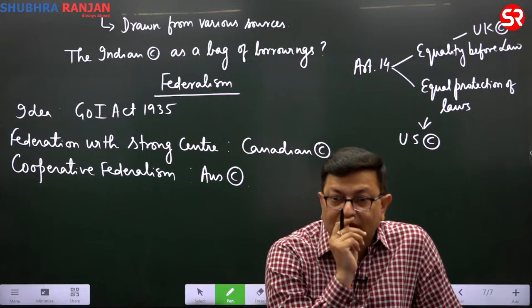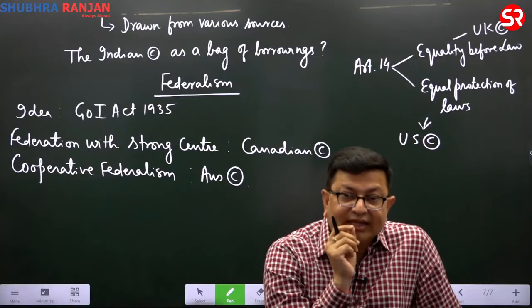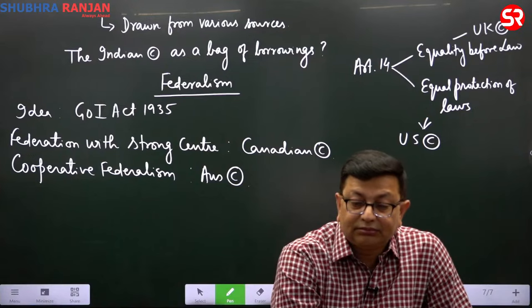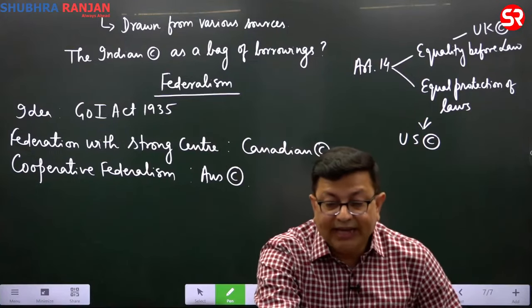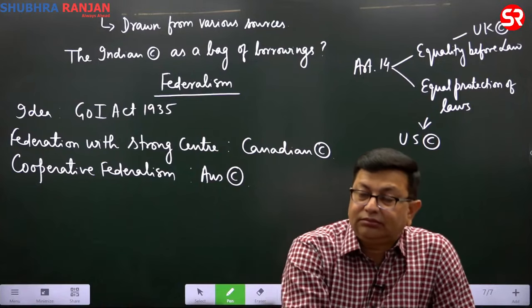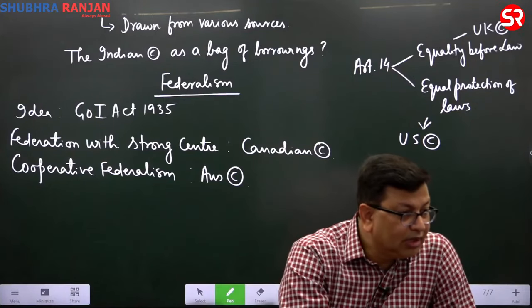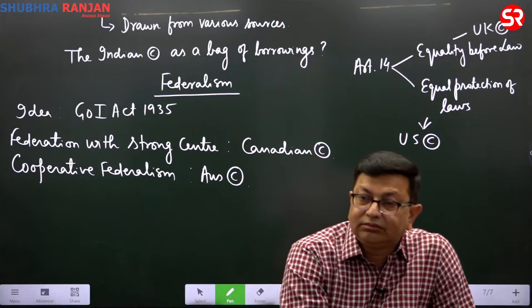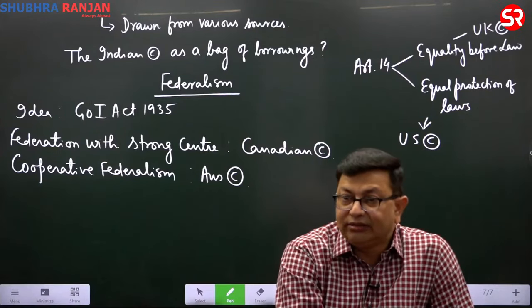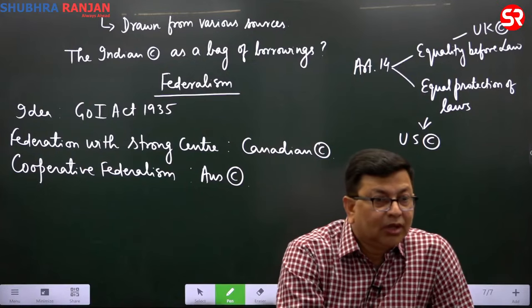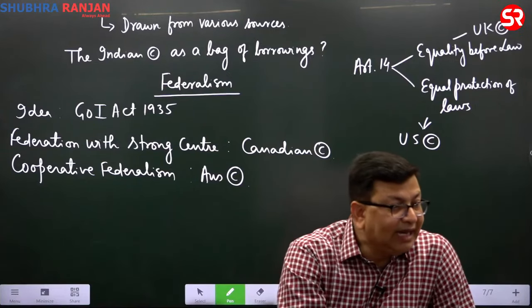Keeping in view the diversity of Indian society, comma, the idea of a federation with a strong center was taken from the Canadian Constitution